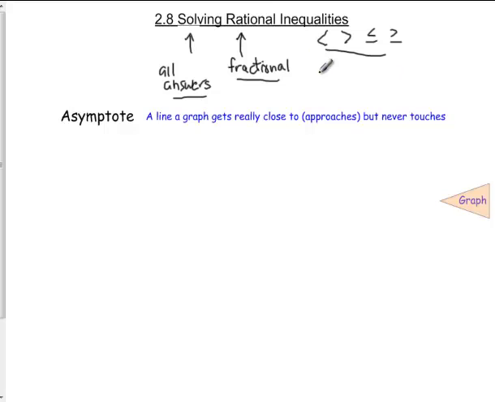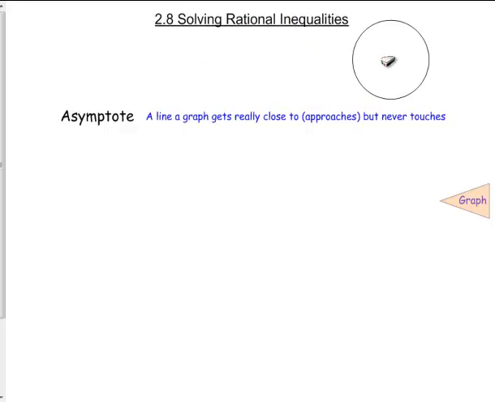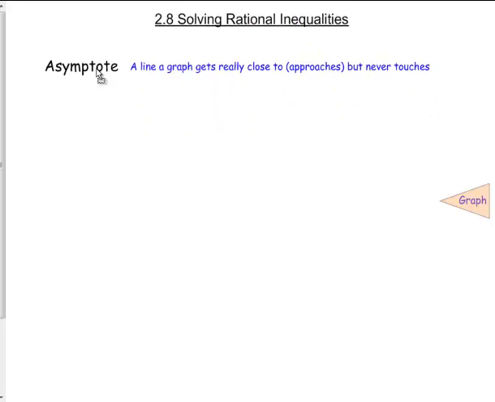Before we do that, you're going to have to learn a new word. And here is the word right here, asymptote. It's a line that a graph gets really, really close to, and we call that approaching, but it never really